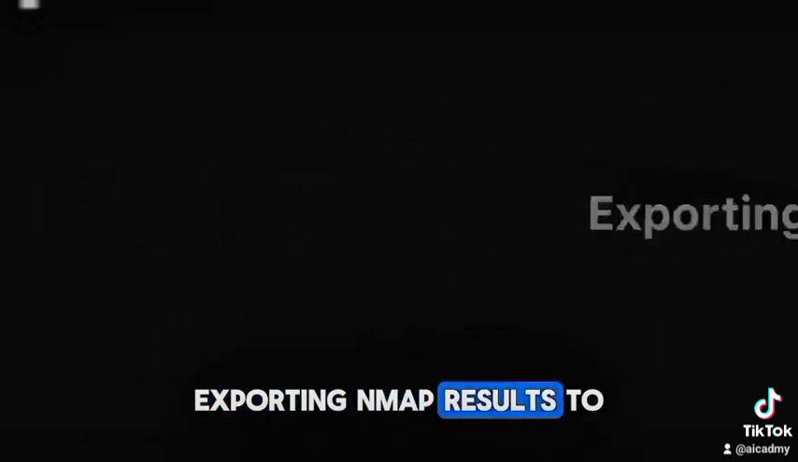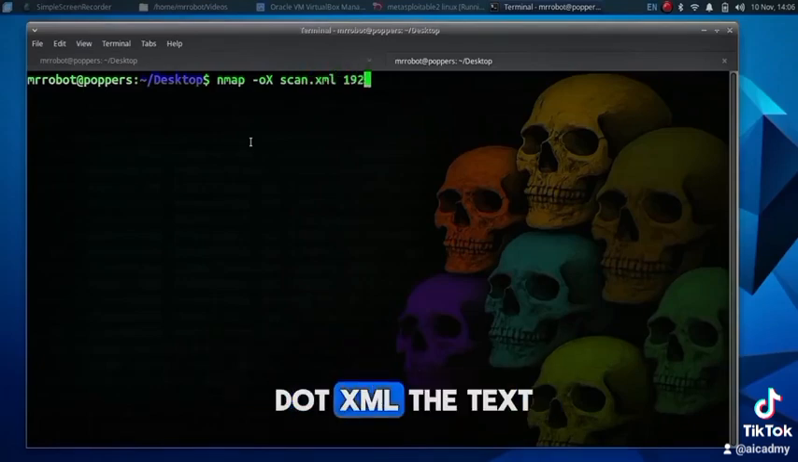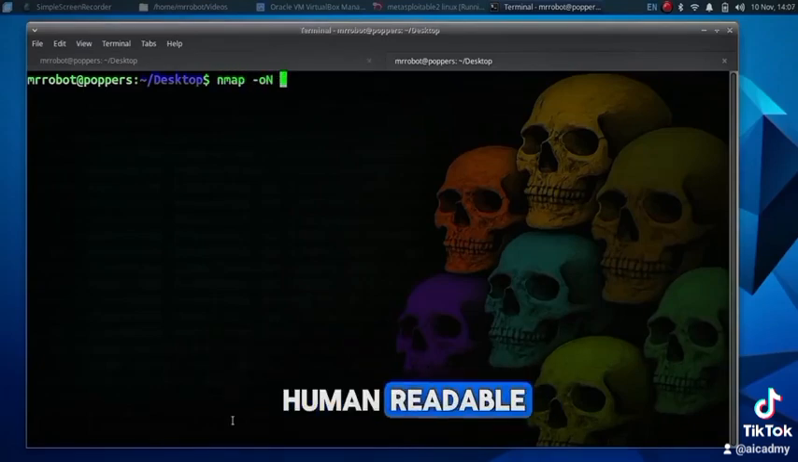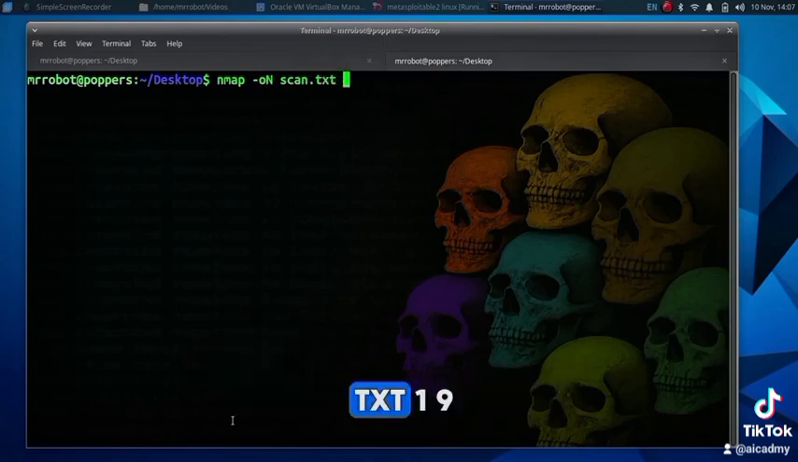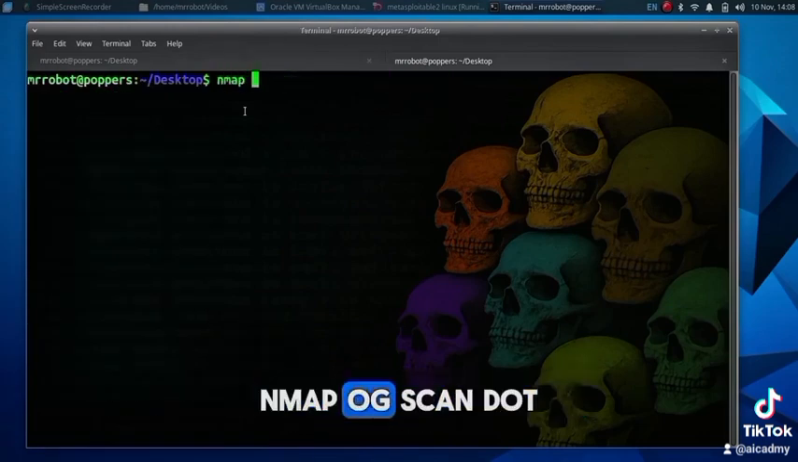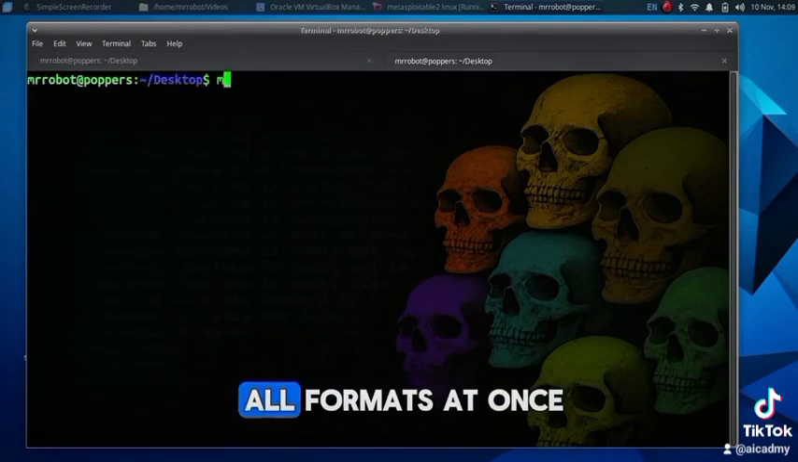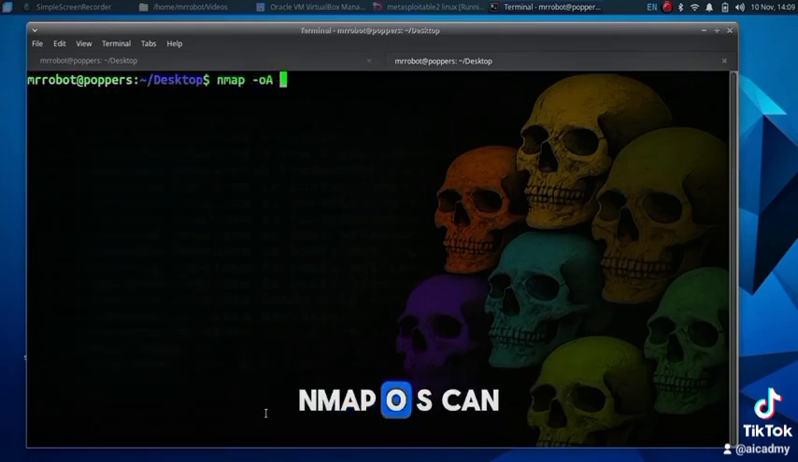Exporting Nmap results. To XML, best for tools: nmap -oX scan.xml. To text, human-readable: nmap -oN scan.txt 192.168.89.109. To greppable for scripts: nmap -oG scan.grep 192.168.89.109. All formats at once: nmap -oA scan